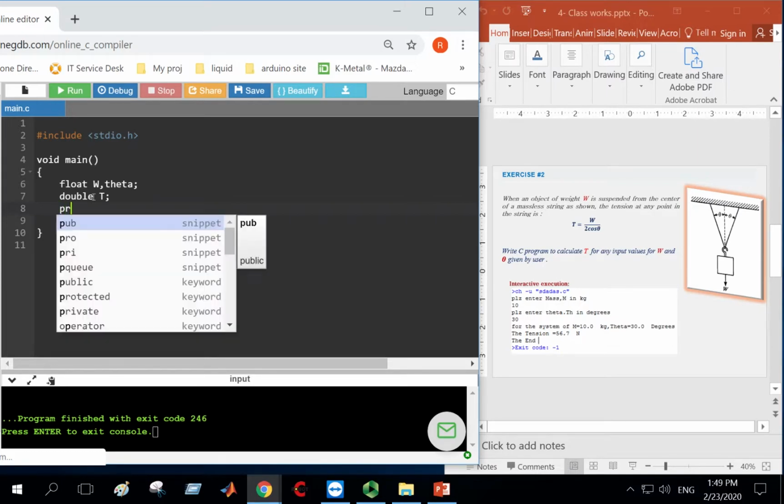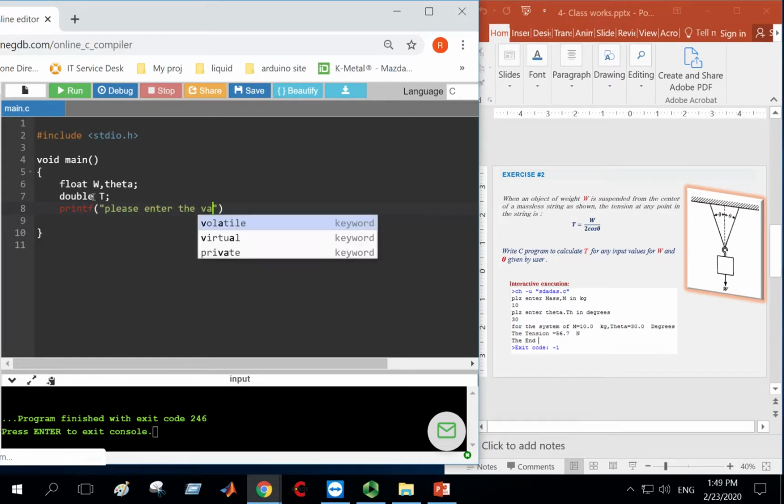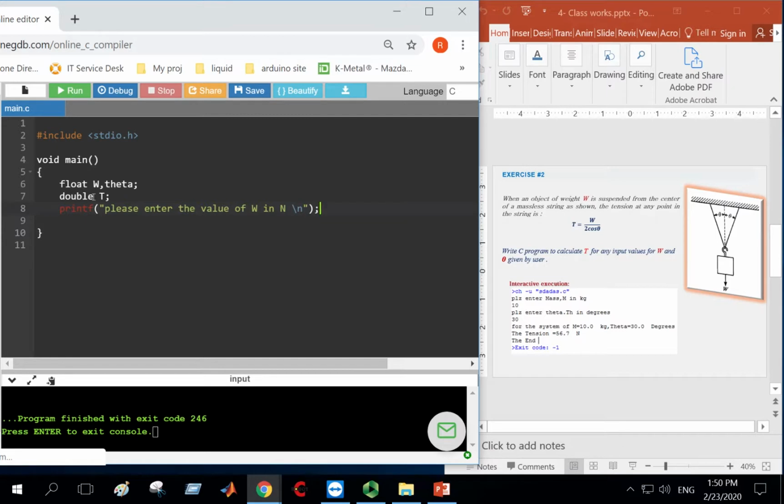So print a message: printf, please enter the value of W in, as an example, Newton. Backslash n to go to the next line. We can ask the user to enter the W and theta together, or we can keep them in different commands. It's up to you. Then we have to scan